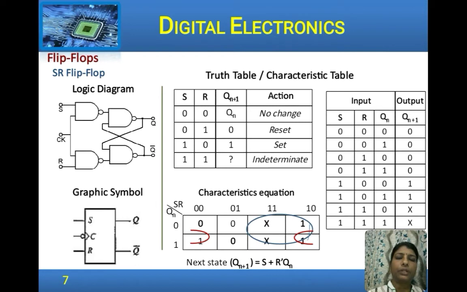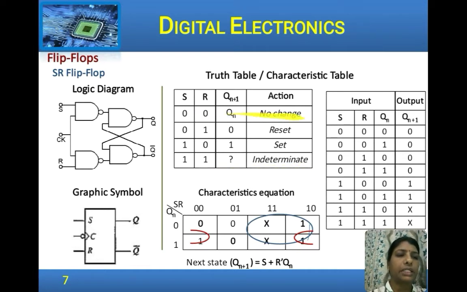So let us look into the flip-flops and the different types of flip-flops. Next we shall see an SR flip-flop. The operation of an SR flip-flop is similar to the SR latch, the only difference is that an SR flip-flop is triggered by the transition edges of the clock, that is the positive edge or the negative edge triggers the flip-flop. So this is the logic diagram of the flip-flop and the graphical symbol. In this graphical symbol, a negative edge triggered flip-flop is shown. We can similarly have a positive edge triggered flip-flop, and the truth table is similar.